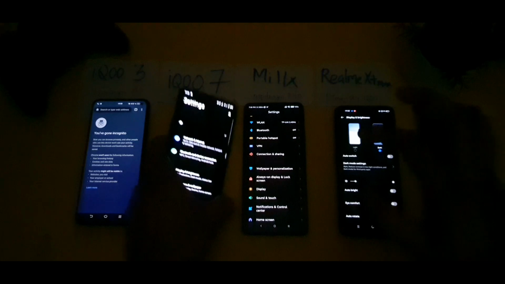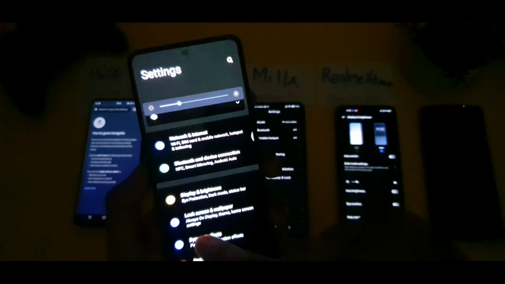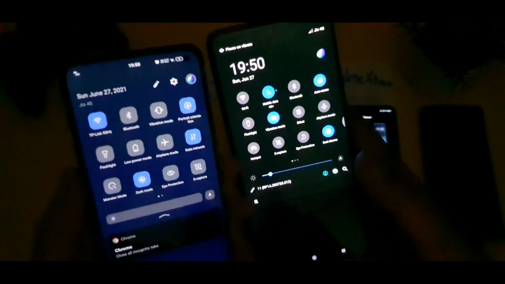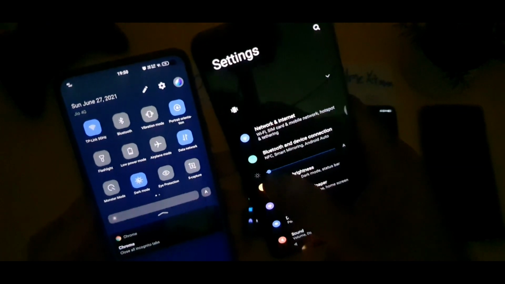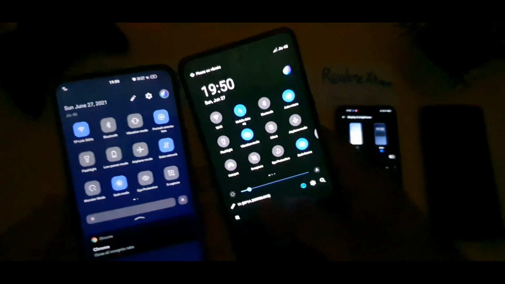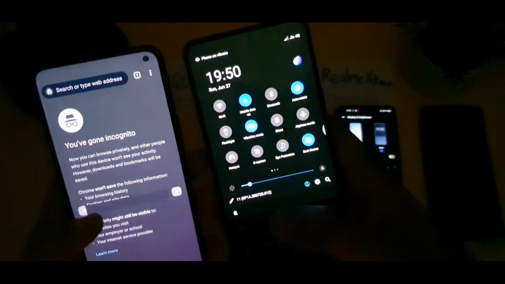And now let me test the phone which has the green tint problem. Slightly I'll decrease the brightness, keeping the settings application in the background. Now you will be able to see it. As you can see, I'm slightly increasing. As you can see friends clearly, this kind of green tint shift is going on somewhere around there. You can see the notification panel as well, how it is when compared with the IQ3 device. You can clearly see the difference, how much it is. Let me slightly decrease the brightness. You can only see the green tint issue if you keep this kind of brightness level sometimes.